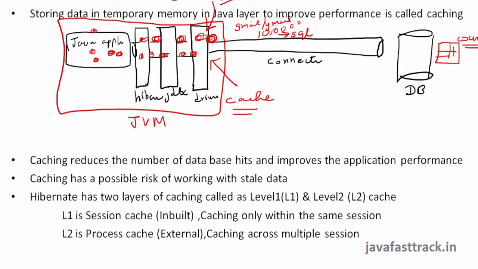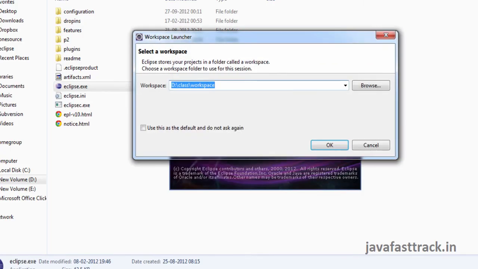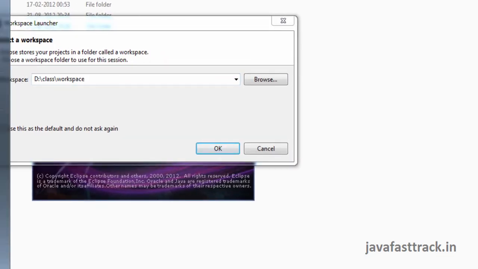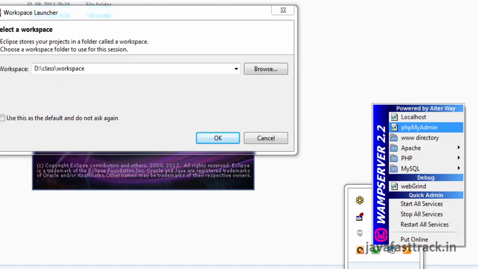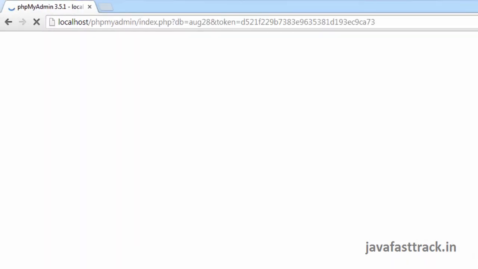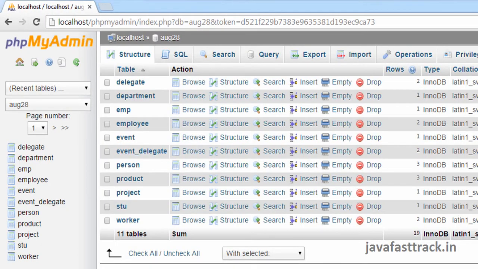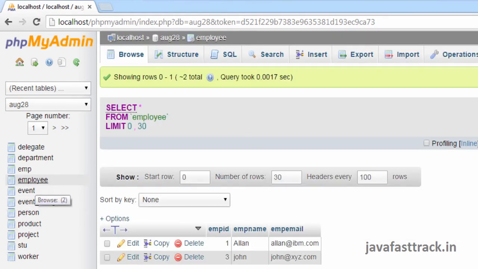Now I'll write a small program in Eclipse. Start Eclipse and start your database also. I am working with the August 28 database, which has an employee table. I want to retrieve data from the employee table right now. We already have the mapping for that done.